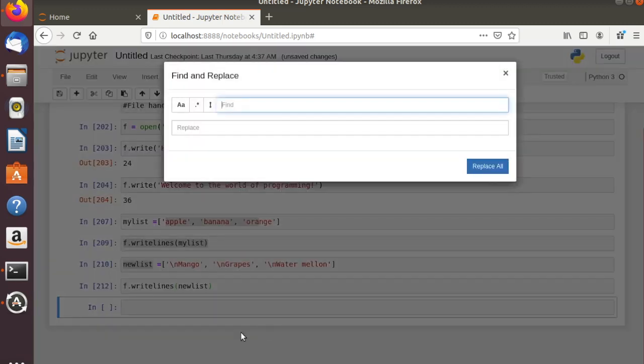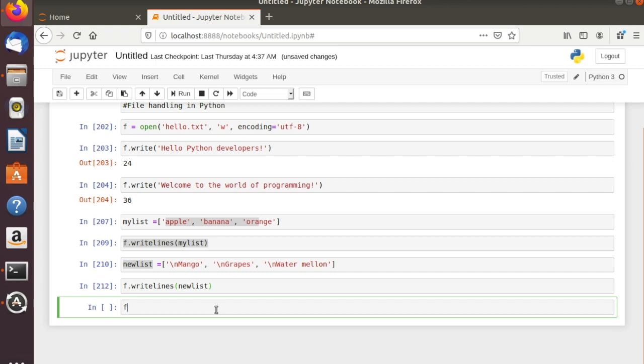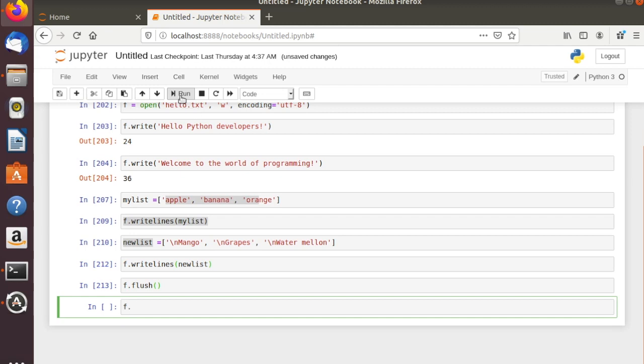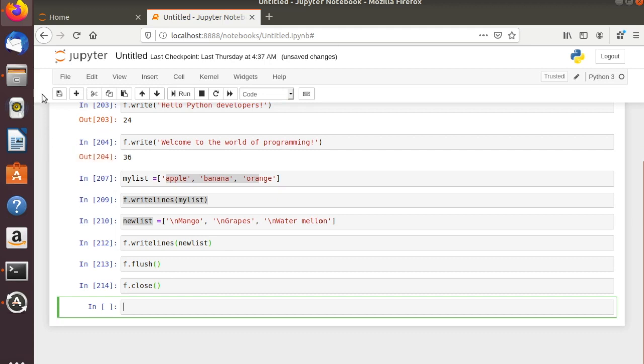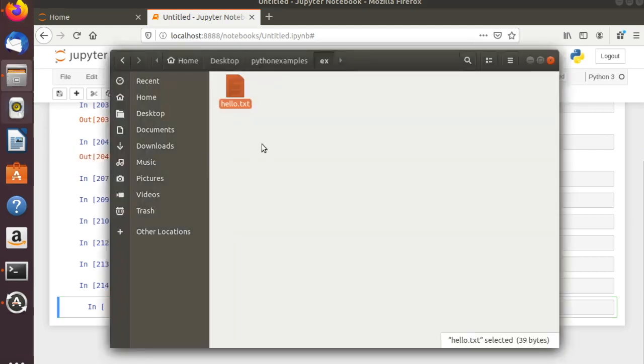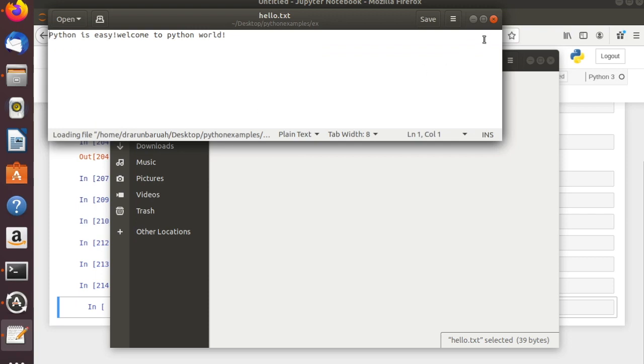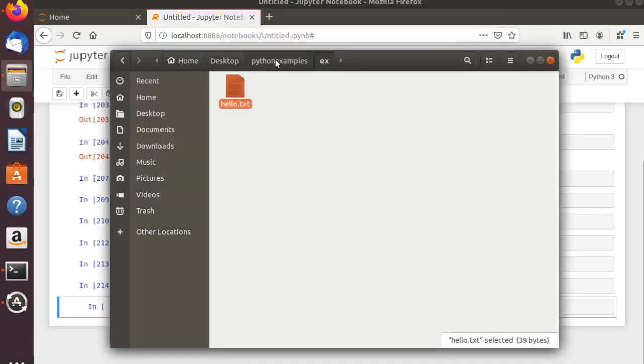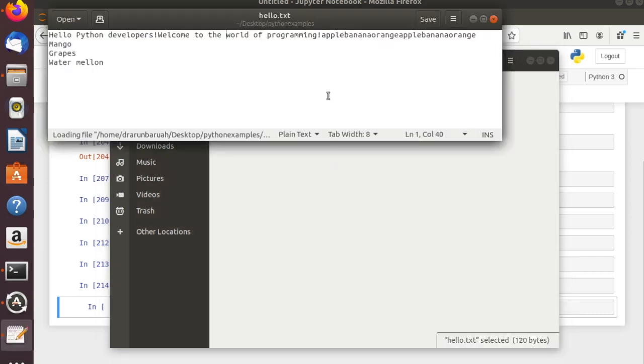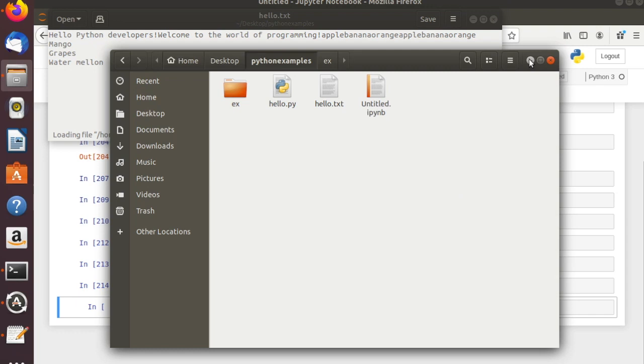f dot flush, flush is flash. f dot close. Let us open and see that file, what happened. Now let us see the content of this file. We are in this. I have written in Python this particular file, right? Now see,